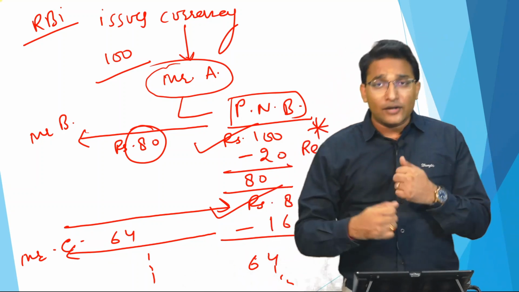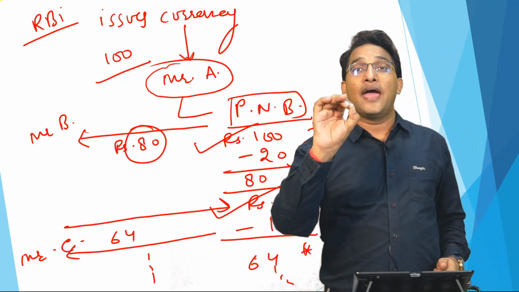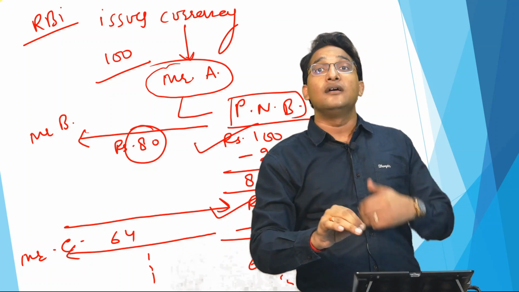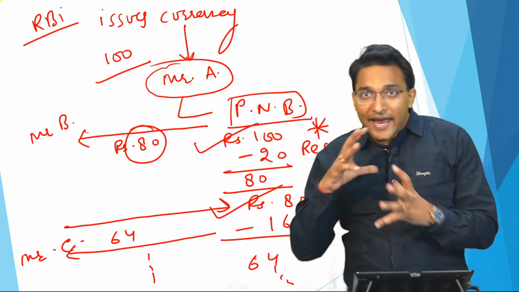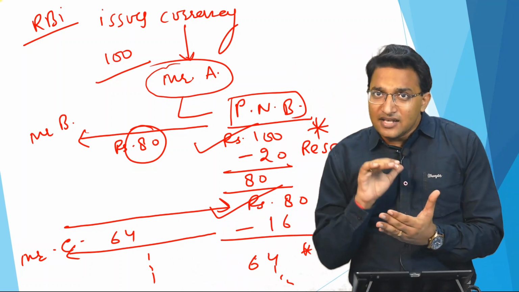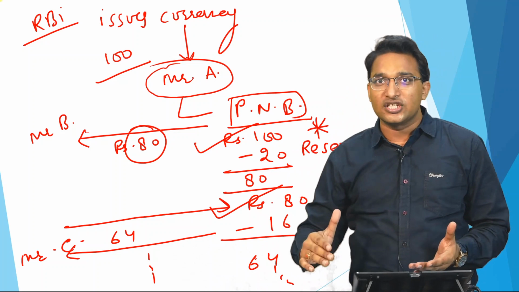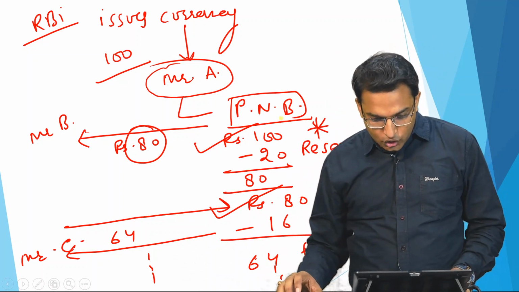Now, coming back to this question, one thing is very clear: if banking habit improves, then the money multiplier will increase. Now the second relationship, the relationship with the reserve: if the reserve increases, will the money multiplier be less or more? Let us see what the relationship is. Okay, so